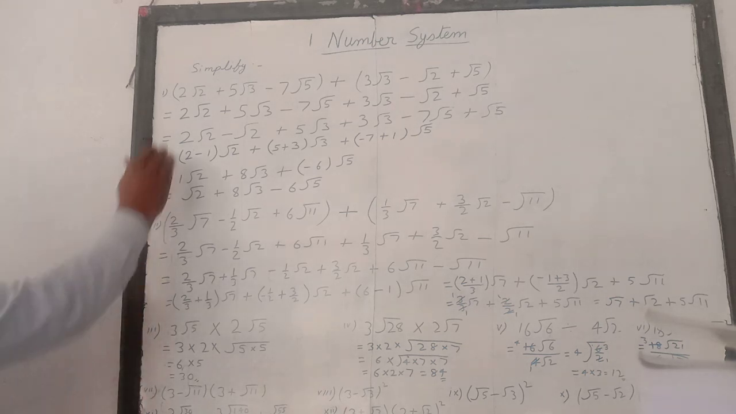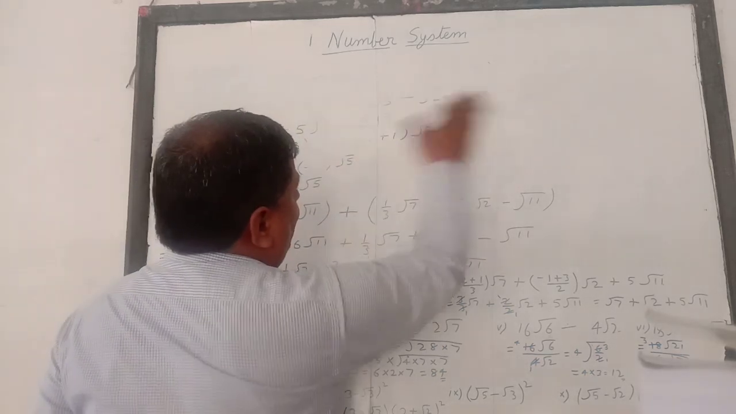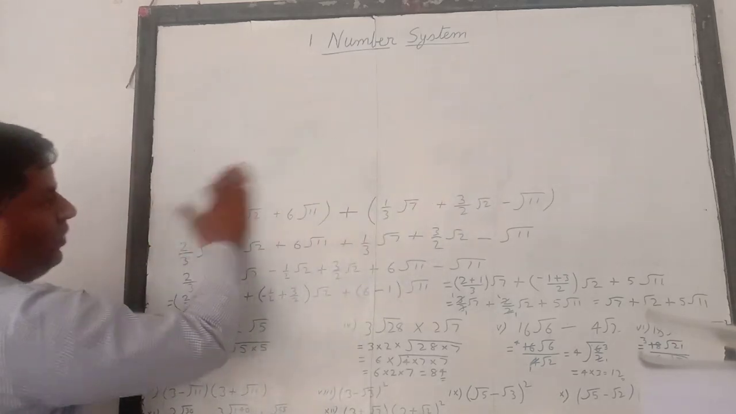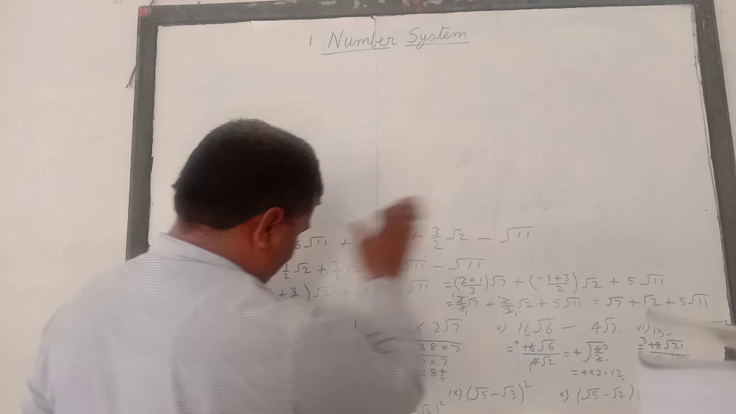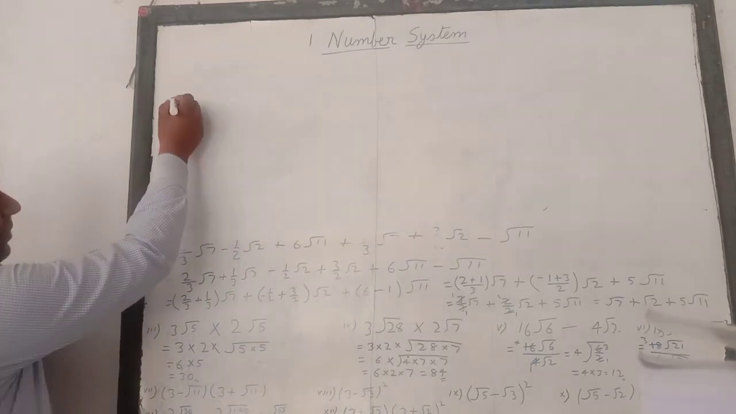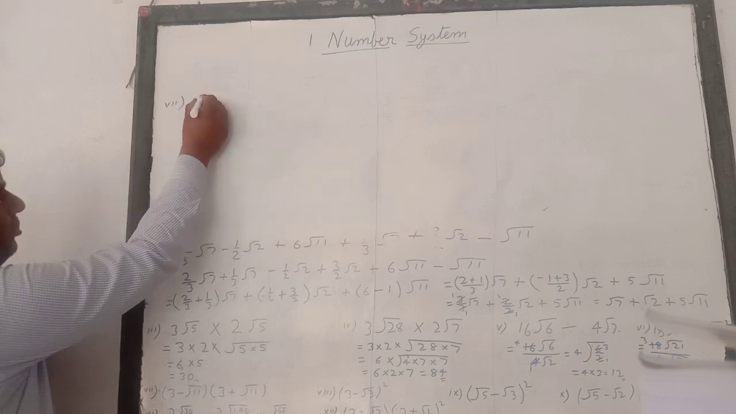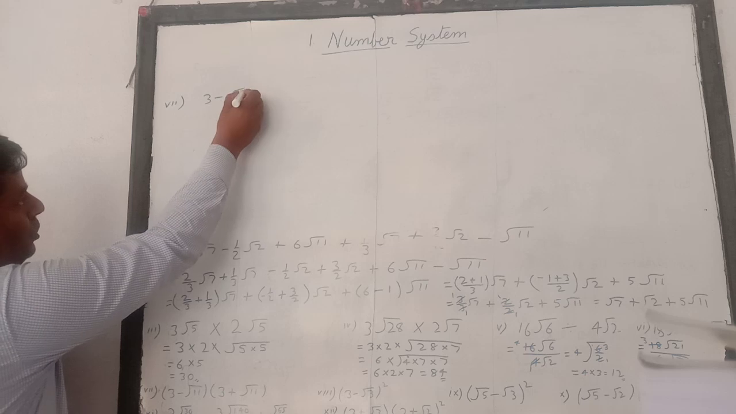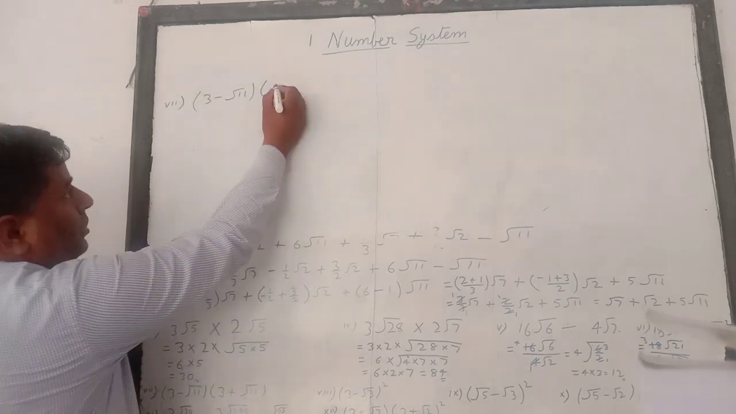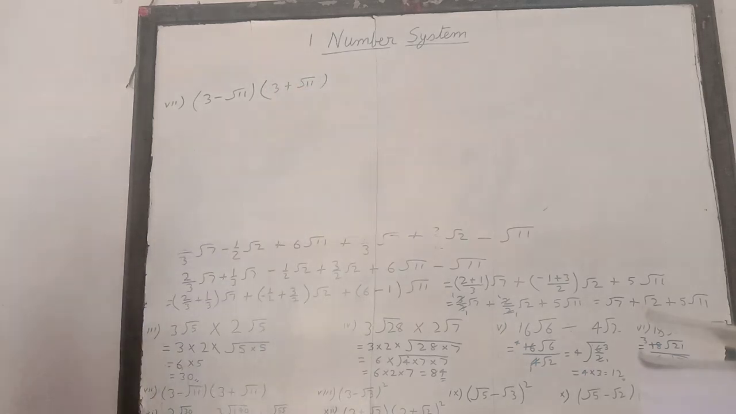We can take some more examples which are based on identities. So let's see some more examples which are based on identities. The first example is given here, that is question number 7: 3 minus root 11 into 3 plus root 11. Now you can see very clearly